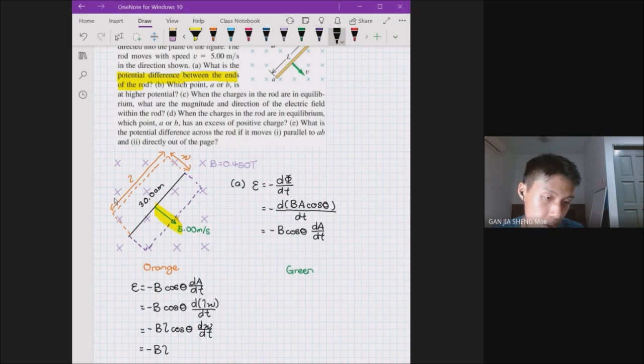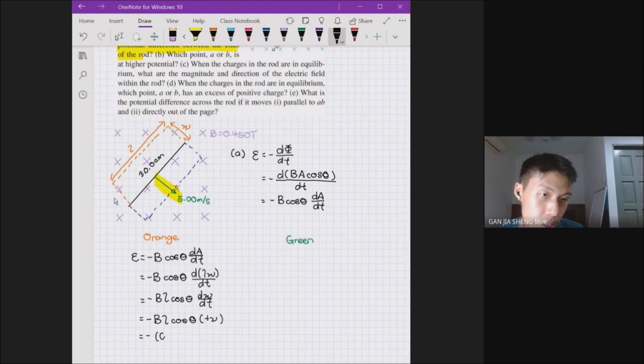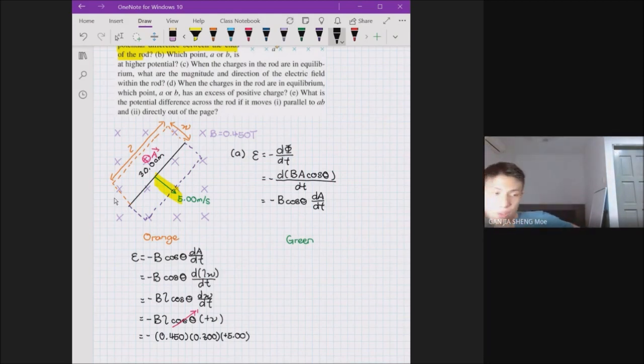So negative BL cos theta, then it's a positive V over here. Then what will you get if you substitute in the value? Negative 0.450, the length is 30 cm, 0.300, cos 0 degree. We take our area vector again to be pointing into the page so that the area and the magnetic field are in the same direction. So it's cos 0 degree, it becomes 1. Okay, then positive speed 5 meters per second. So if you calculate it, I believe you get the answer of